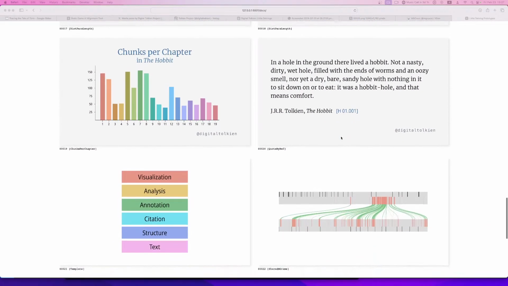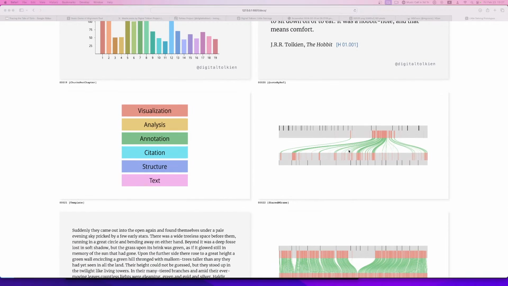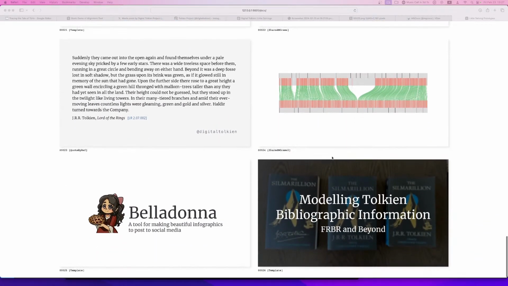I've incorporated now the visualizations of the engram stuff so Belladonna can draw those too. And in fact, what I showed you before, the Belladonna logo with the text, is also done by Belladonna herself, and the title card and thumbnail for the video I just did yesterday was also done with Belladonna. So it's a really nice way of letting me use web technologies to put these together in a very